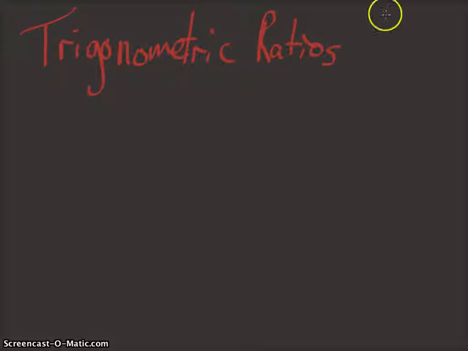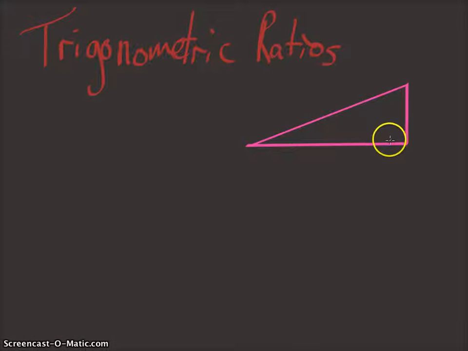So basically what this boils down to is when we have a right triangle, and I'm going to draw one right over here for us, okay? When we have a right triangle, it does not matter what the right triangle is. There are certain ratios that will always be the same when you're considering side lengths and